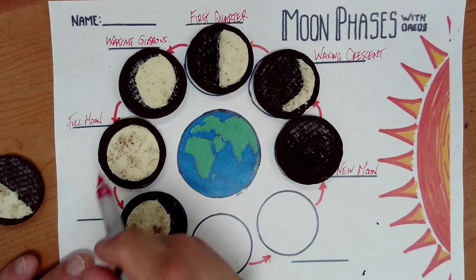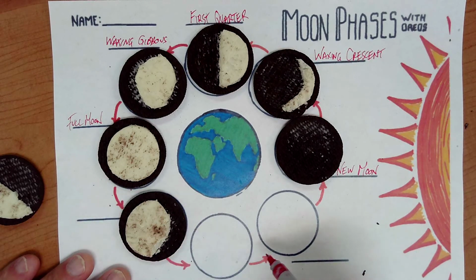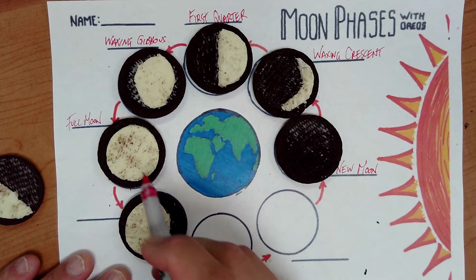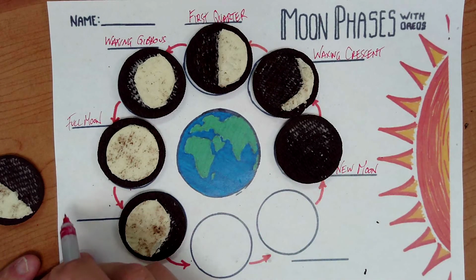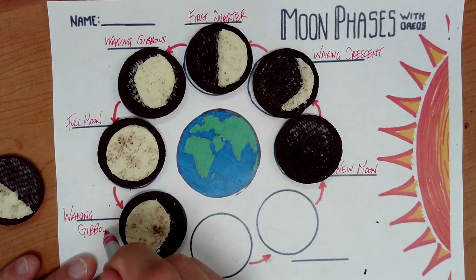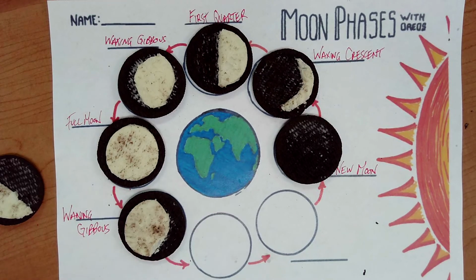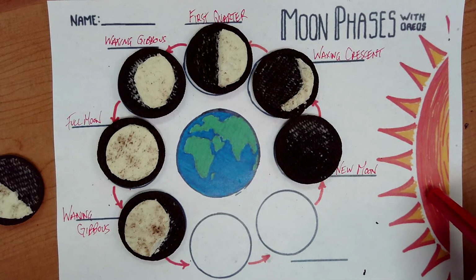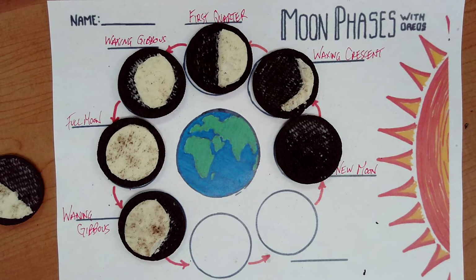That is a gibbous phase, but again, it's getting smaller now. We're going from a full moon to a new moon, and so we call this a waning. Waning means to get smaller. Waning gibbous. I know there's not much room on these lines. It was tough to fit in circles big enough for Oreos to fit on, as well as the sun and the earth, and then to have blanks that went with it. So do your best with it, okay? At the bottom,